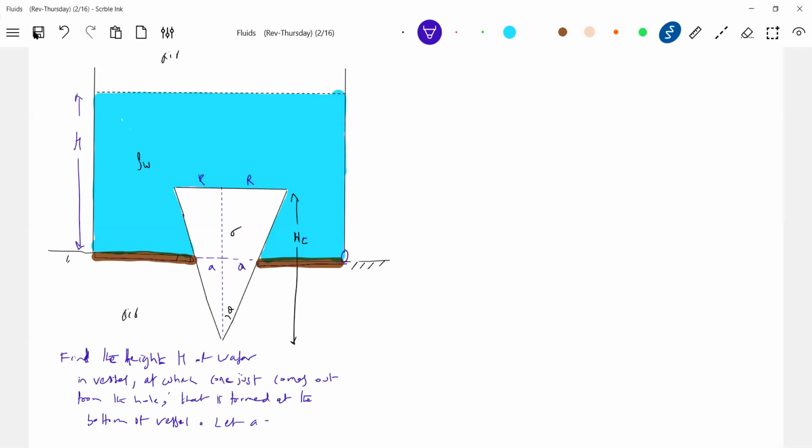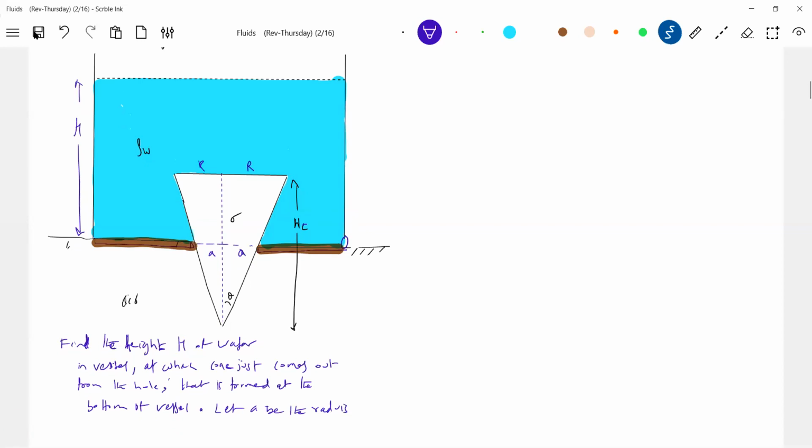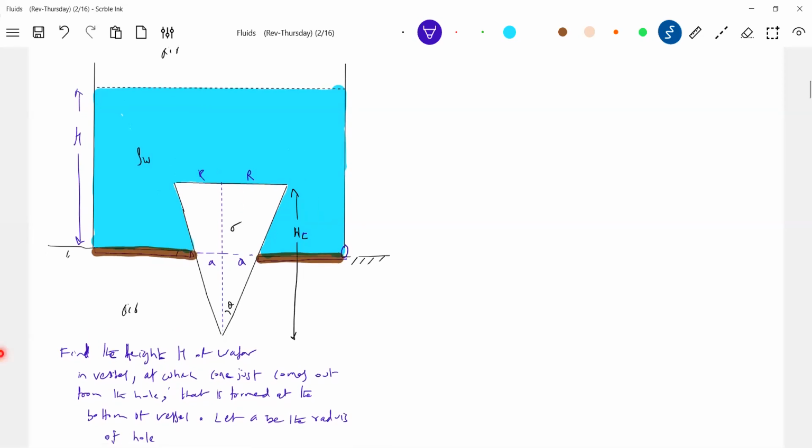Let a be the radius of the hole. Sir, the hole is circular, everything. I think he has given the last sentence information. Now get into the calculation part. What is the effective area the air will see? Don't go for the surface area of this cone of this certain height. No, the effective area is till pi a square.